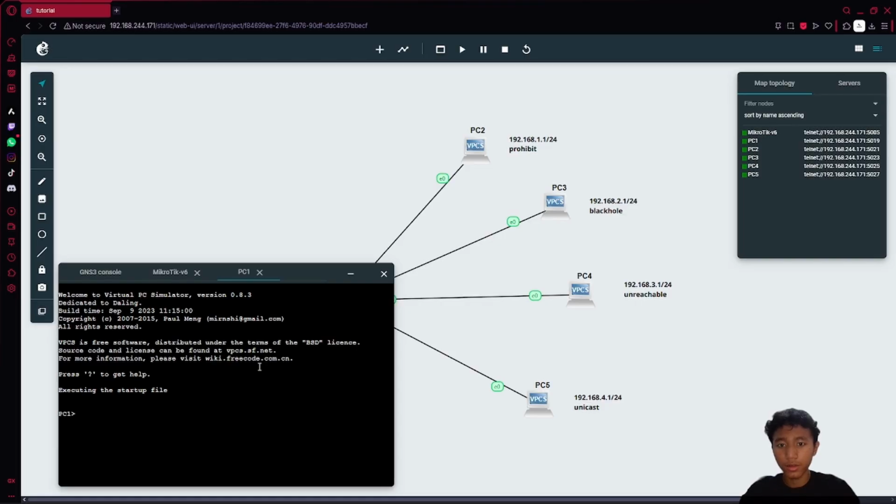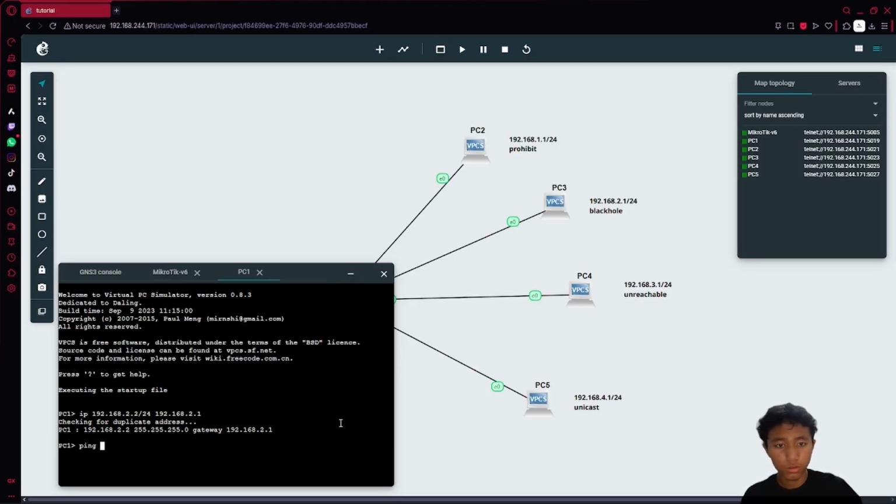So firstly, I will configure the first PC address using the command IP 192.168.0.2 for the PC IP itself, and for the subnet it is /24. Next, the gateway is 192.168.0.1. As you can see here, the PC is now connected to the router.